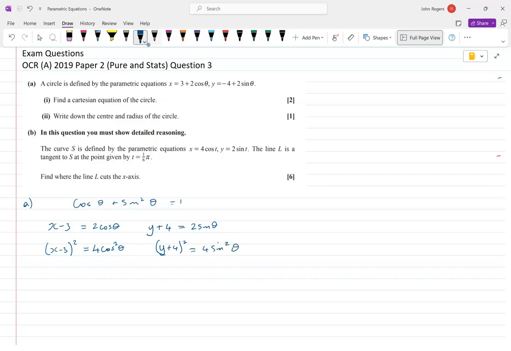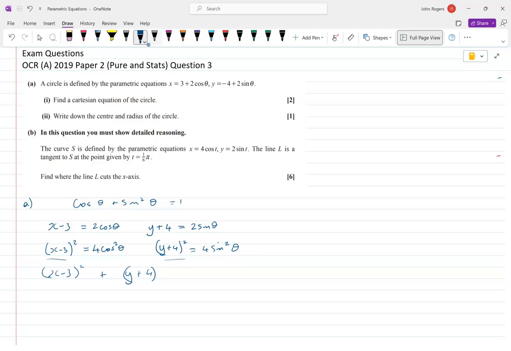I could isolate the sine squared theta and cos squared theta and put it into here, but that just involves getting a fraction only to multiply it out. So we should be able to see easily that adding these two equations is going to give us what we want, because we're going to get sine squared theta plus cos squared theta. So x minus 3 squared plus y plus 4 squared